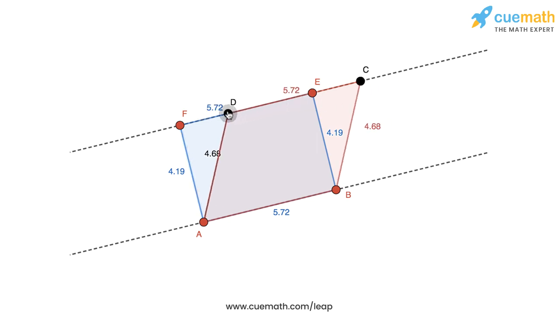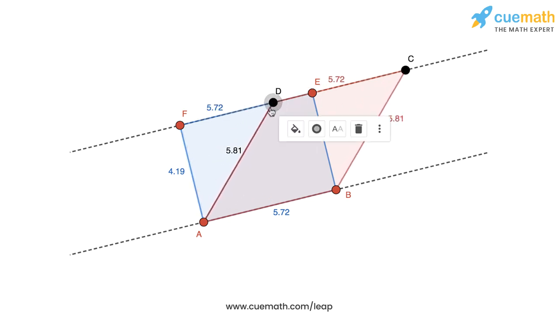And the key reason is that between two parallel lines, the perpendicular distance is the shortest. So if you take any other distance which is not perpendicular, it will be longer than the perpendicular distance, and that is why the parallelogram will have a larger perimeter. Coming back to our question, now let's write out a quick proof of this result, that the perimeter of the parallelogram will be greater than that of the rectangle.